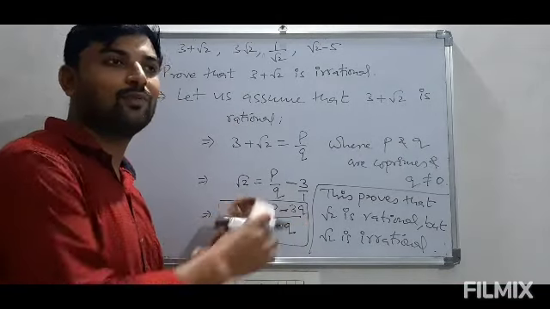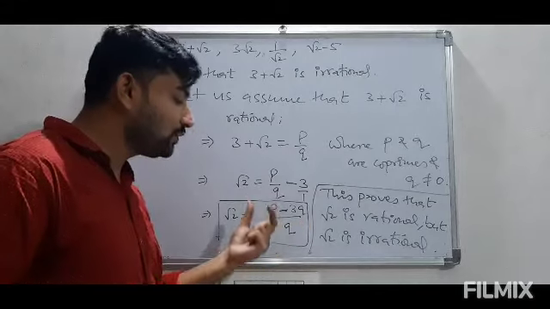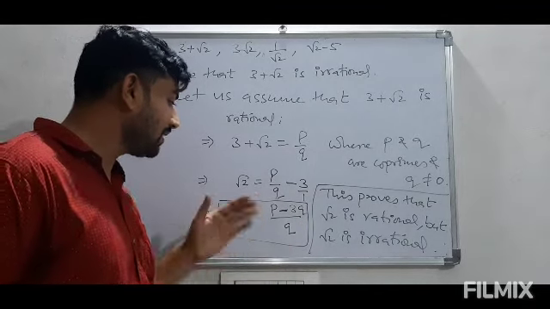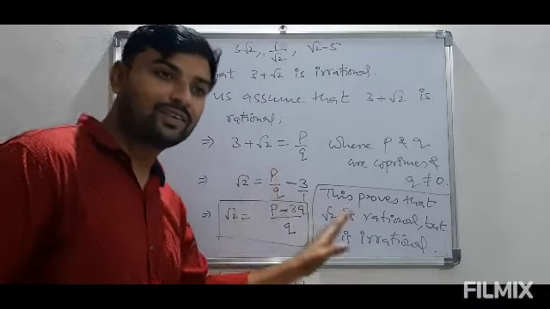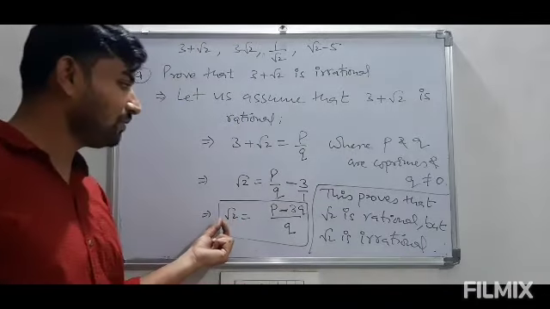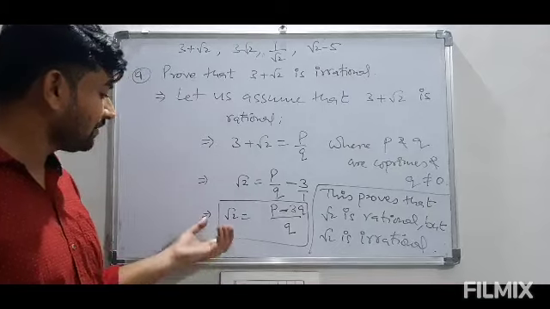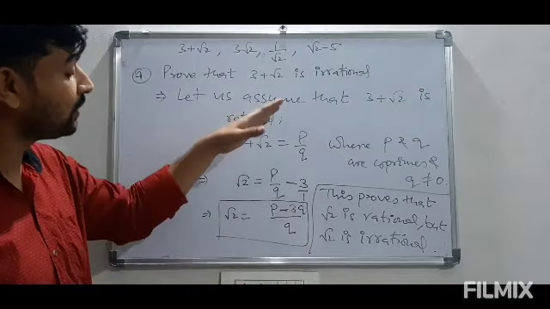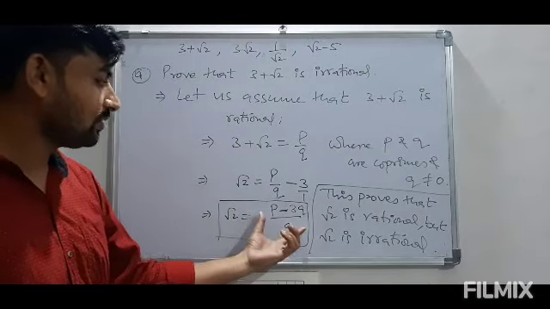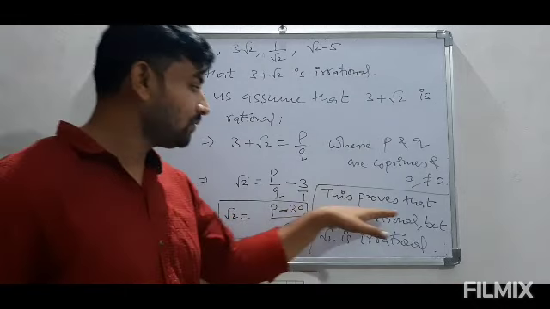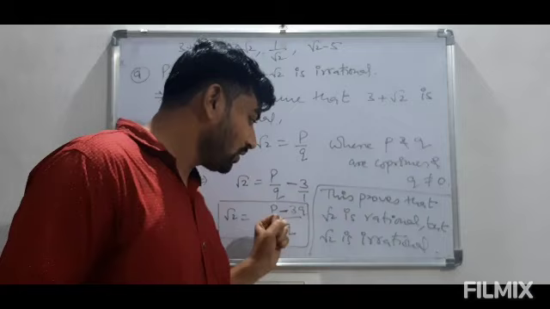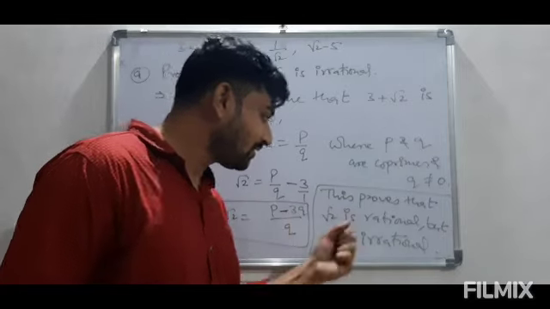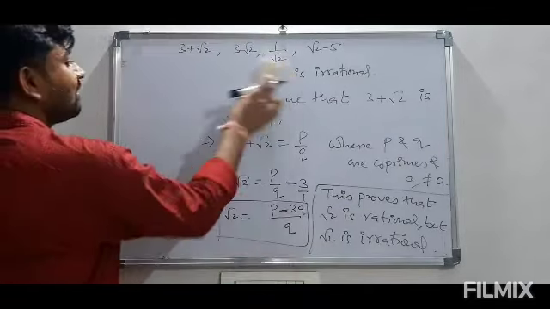That will come in some combination of P and Q, which will be a rational number in every case. But the rational number on the RHS is not equal to root 2, which we have already proved is irrational. So this is wrong. According to this discussion we proved that root 2 is rational, but it is irrational.